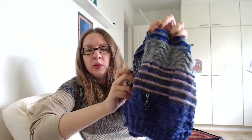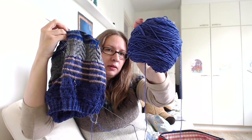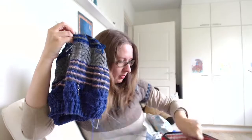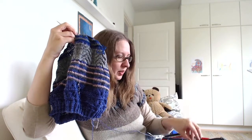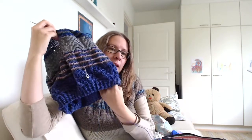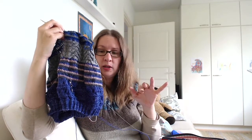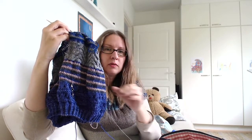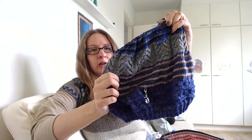So what I'm doing with this is I'm using the Dragonfly sock in Daenerys. I hope I got that right. Dragonfly Fibers Dragon sock in Daenerys as my sort of main color, and then all the other colors, I think in the pattern you actually have the main color plus 3 other colors, but I'm just throwing in all my odd ends, sort of, well, that fit. A lot of grays. So far I've used 3 different grays,